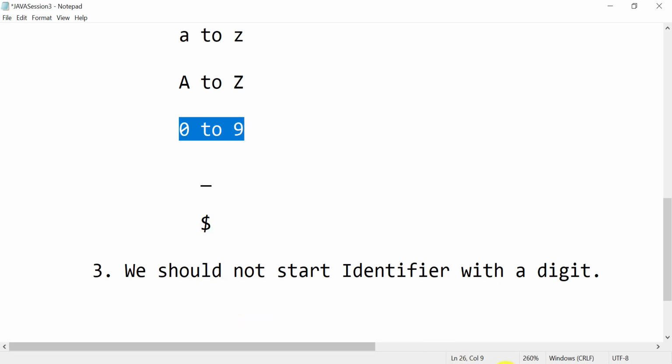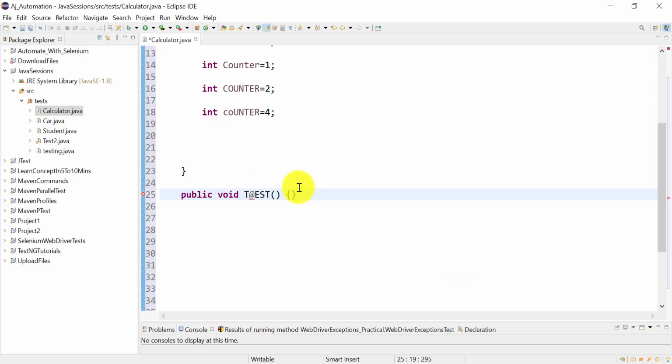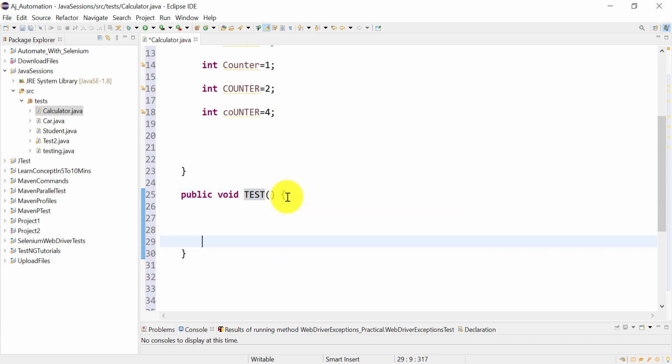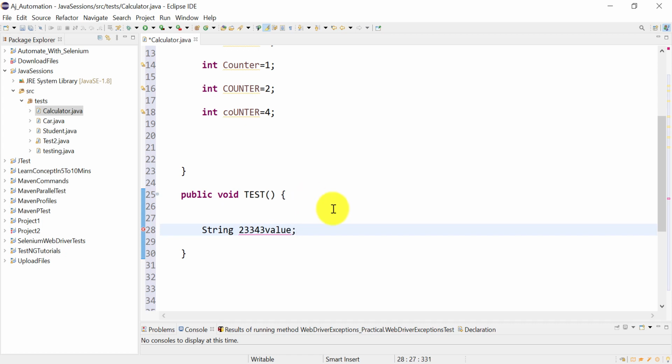If you come here and declare some variables, say a String variable, and I write 2234 xyz value, you can see it is giving a syntax error, right?